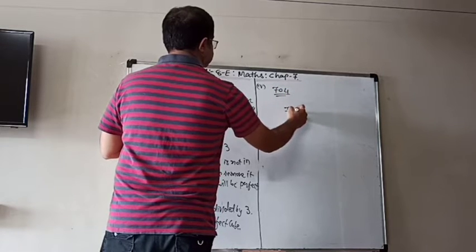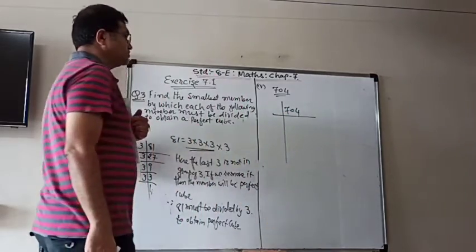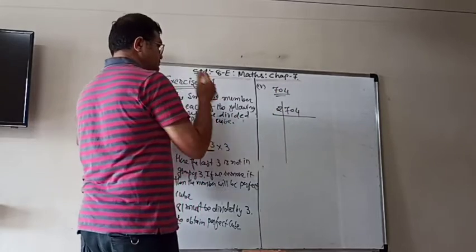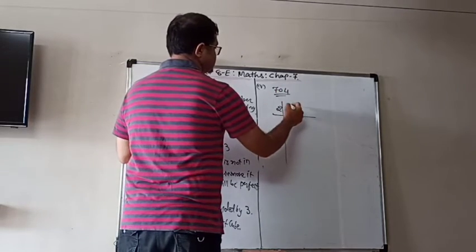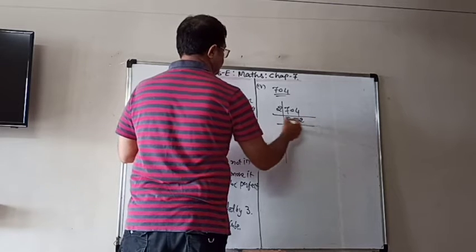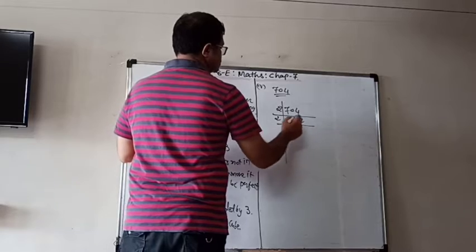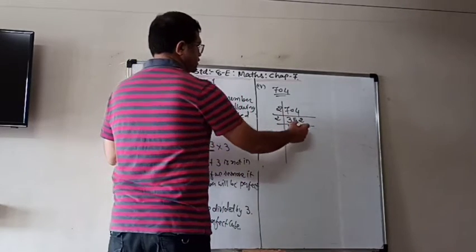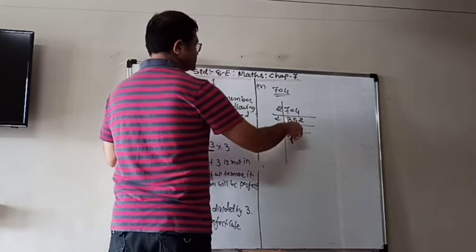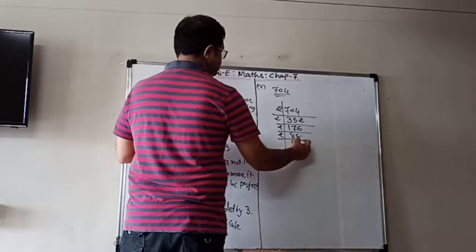So now let's prime factorize it. It's an even number, so divisible by 2. 2 3s are 6. 2 5s are 10. 2 2s are 4. 2 1s are 2. 2 7s are 14. 2 6s are 12. 2 8s are 16. 2 8s are 16. Now it is easier.